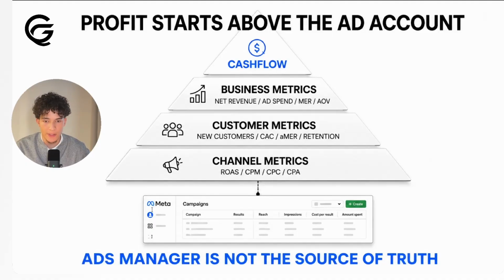And what we do with these brands is to build a reporting system. So ads are solely judged by contribution to profit and not attributed revenue. So we only focus on the contribution to profit. And how you have to read the ads manager and every metric in general is that the ad account tells you how campaigns behave, but the business numbers tell you whether the behaviors you've read in the ads manager actually matter or not. And so once you understand that hierarchy of metrics, you realize that ROAS is useful, but